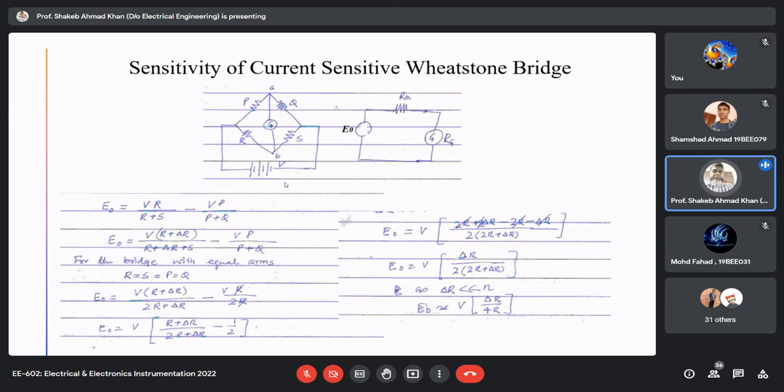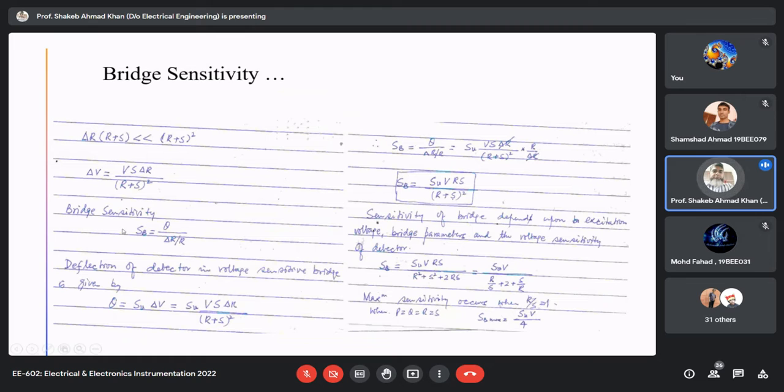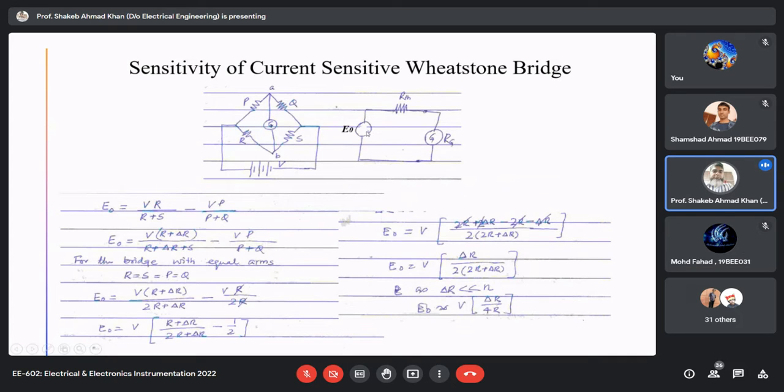So here we establish a relation between delta R and the final response. We are interested in finding the relation between the galvanometer current and delta R. Because we are interested in finding the current in the detector arm, we converted it into the Thevenin equivalent across the detector arm. We opened it, so whatever voltage appears here will be Thevenin's voltage, and then the Thevenin equivalent resistance will be